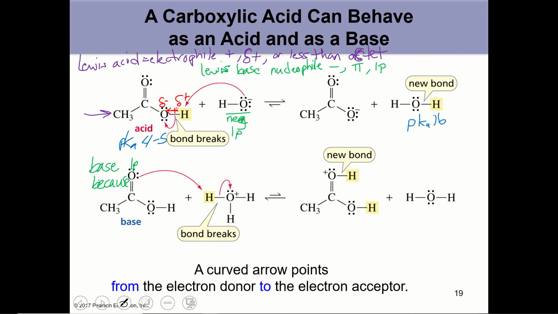And because it has this lone pair, the lone pair can be donated to a partially positive hydrogen. And we know that the hydrogen is partially positive, even though the oxygen is formally positive. The oxygen is still more electronegative than hydrogen. And so we still have a dipole,